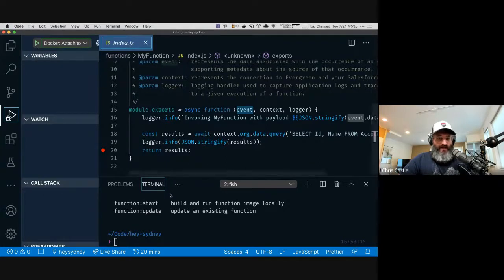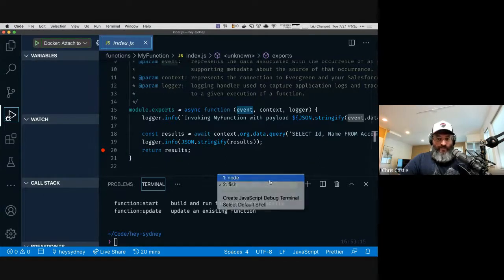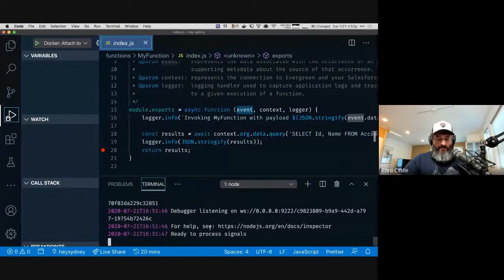Before we click play on that, though, I want to make sure that this function has finished. Yep, it says ready to process signals here. And then you can see right here, it says debugger listening. So when you start a function locally, you automatically get this debugging functionality built in. So if I go back here and I click play,